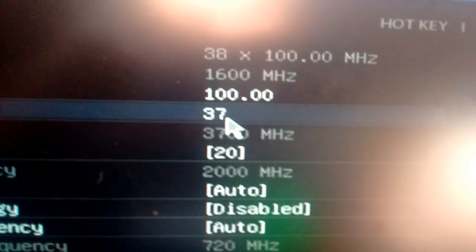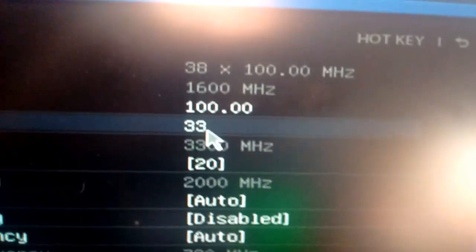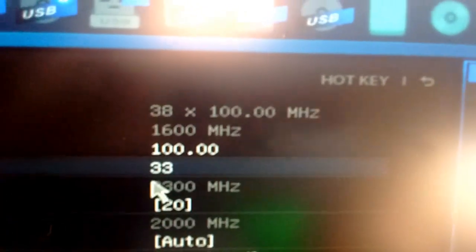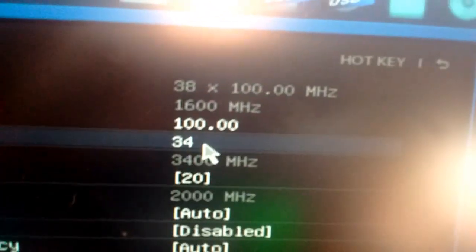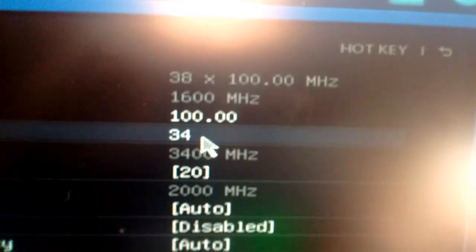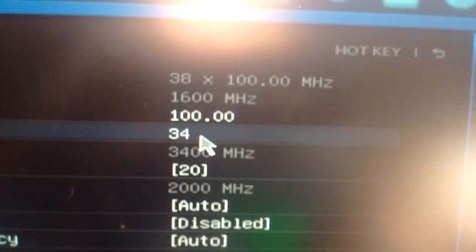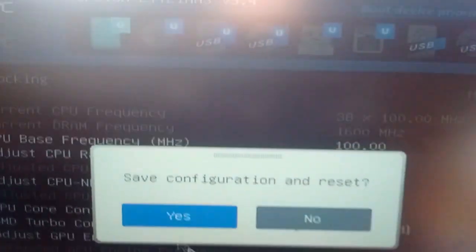So it will start out at that or auto, and you want to go in and up it one at a time. Don't go crazy with it and jump it straight to 4 gigahertz, especially if you don't have the cooling capabilities to do it. Go one at a time. Mine's set there. Press F10, save configuration,